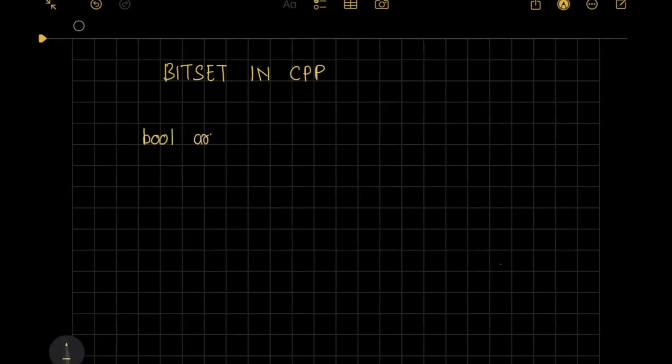in C++ of size 10, how many bytes does it need? So to store one Boolean value, it takes 1 byte, correct? So we have 10 Boolean values. So total number of bytes will be 10 bytes,